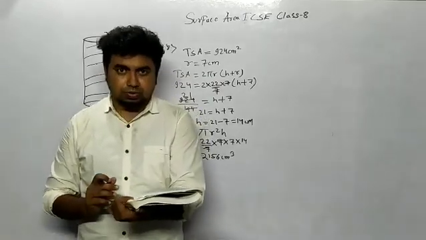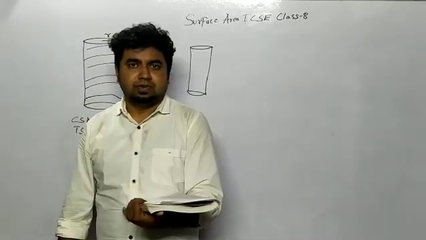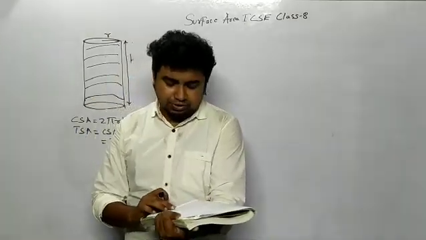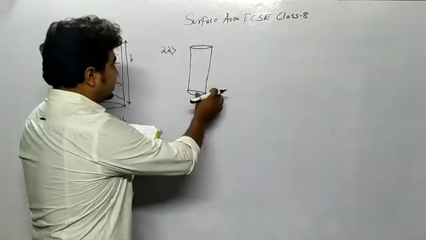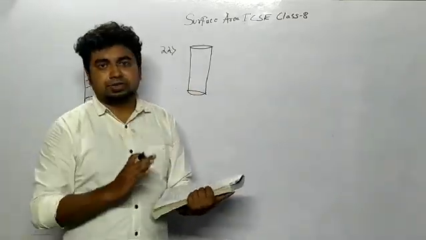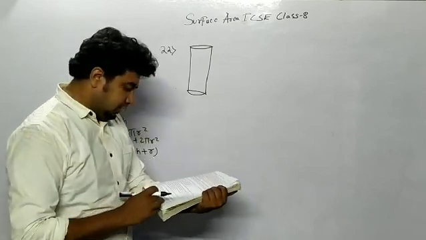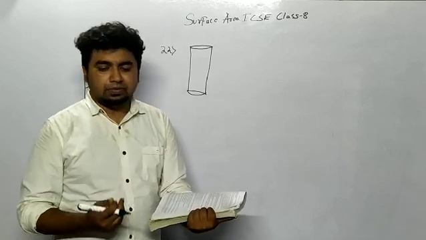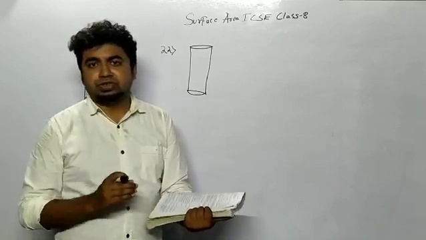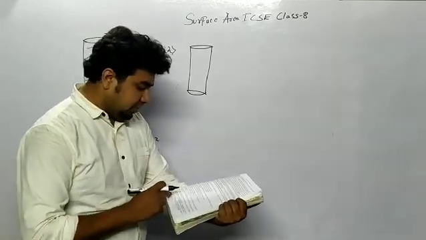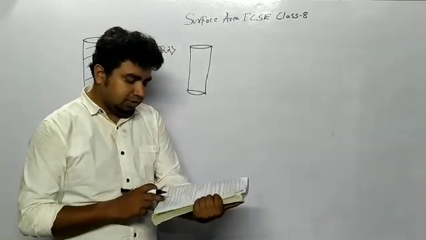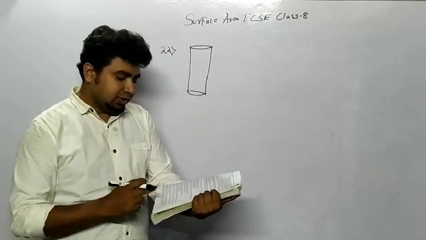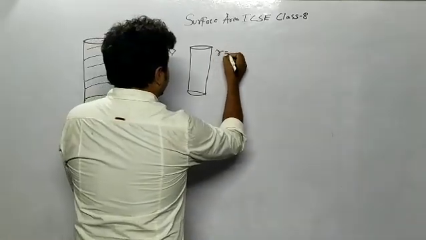Now we will be moving to question number 22. Find the cost of painting 20 cylindrical pillars. Means 20 pillars are given in the form of cylinder, and the cost is 3 rupees per meter square, meaning 1 meter square costs 3 rupees. And the radius and the height of each pillar are given as 36 centimeter and 3.5 meter respectively. Radius is given 36 centimeter.